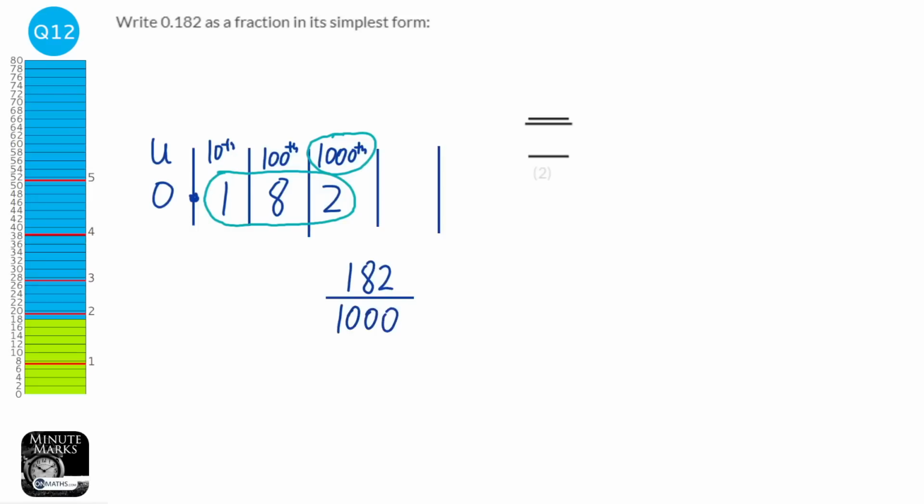1,000. Okay, so it's 182 over 1,000, but they're both even numbers, so we can actually cancel it down. It says it wants it in its simplest form, so we can divide both by 2, and 182, well 180 divided by 2 is 90, so that's going to be 91. Now I don't think you can cancel that anymore, so I'm going to put that as my answer,